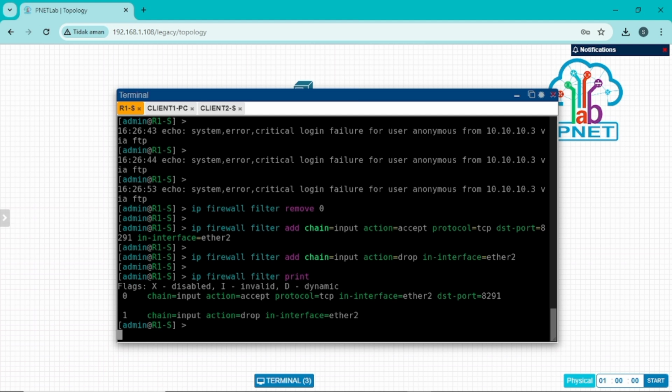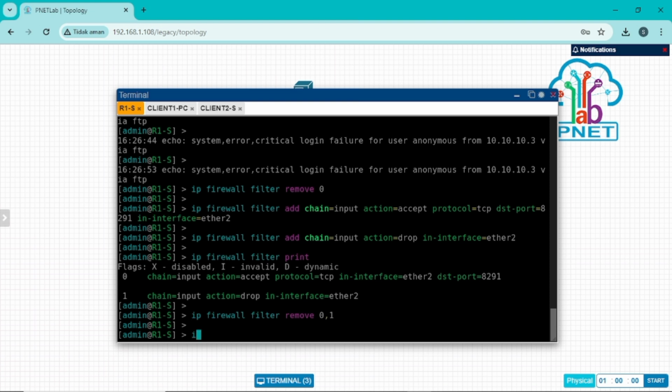Next, change input with log filter for the next rule, and for that reason, delete the previous rule first. And if we use a log filter, we can create a rule with the following command.